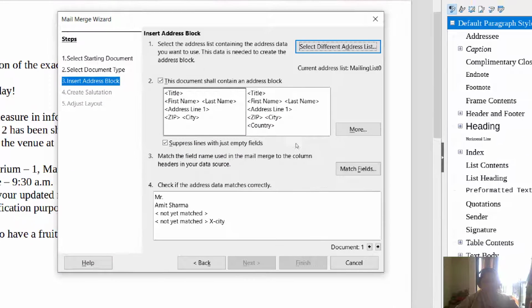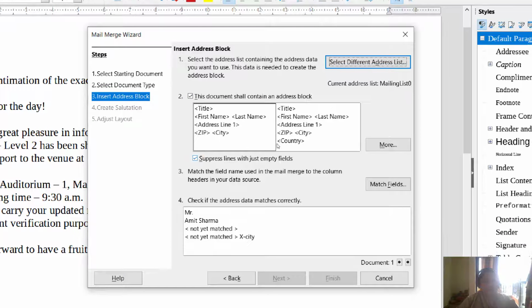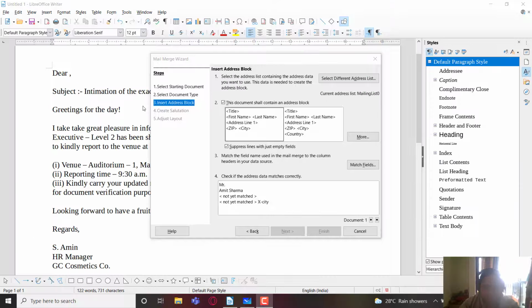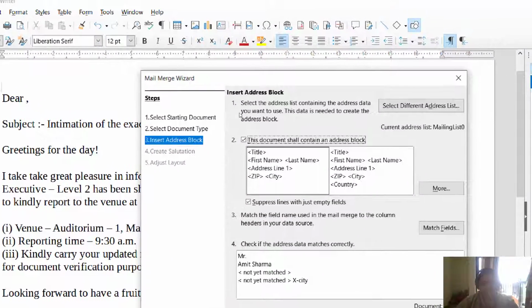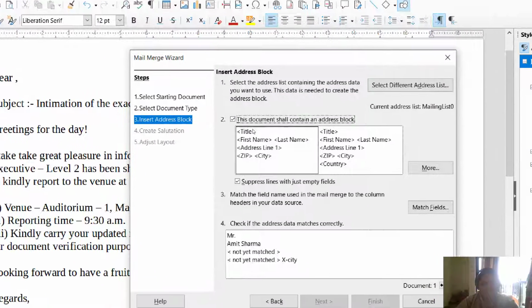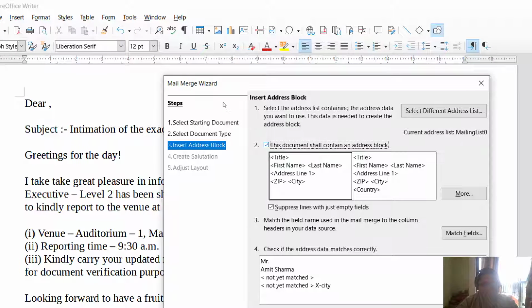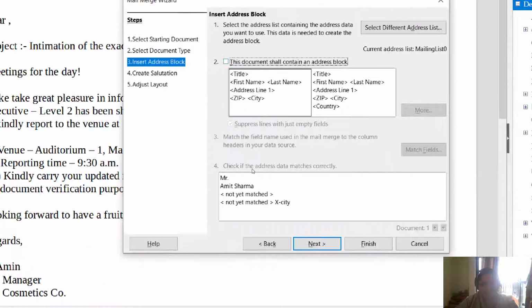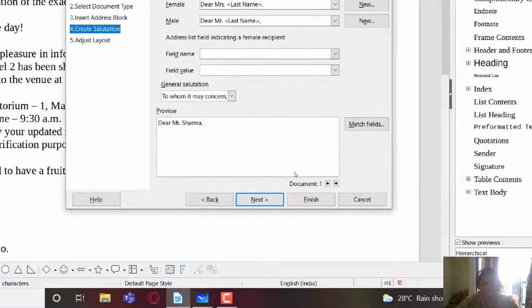So you can see that all the remaining steps in the wizard are activated. Now you can see some steps over here, but we are not going to click on these steps because they are not displaying the required fields which we want. So we are just going to click on this check mark to disable all these, and we will go to the next step.